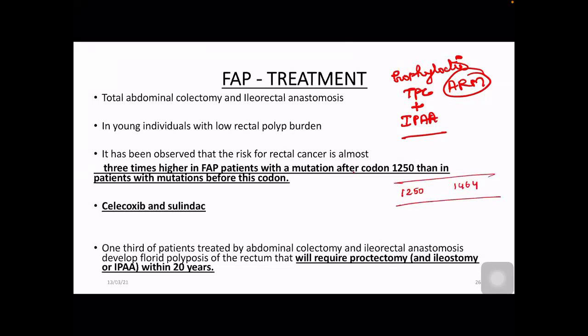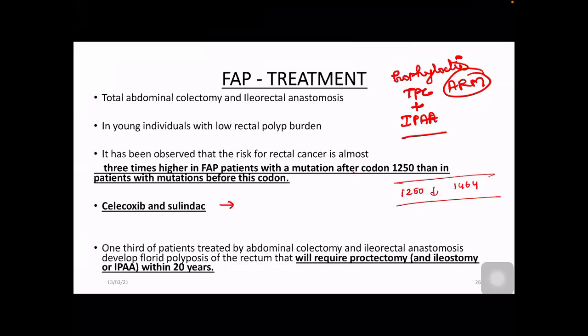So these are the patients who have classical FAP. That means the patient has plenty of polyps scattered throughout the colon. And these are the patients who are also at high risk of having rectal polyps along with colonic polyps. So these are the two drugs which have been used. For example, if the patient doesn't have rectal polyps and you want to preserve the rectum, you can do just an abdominal colectomy and start this patient on these NSAIDs,